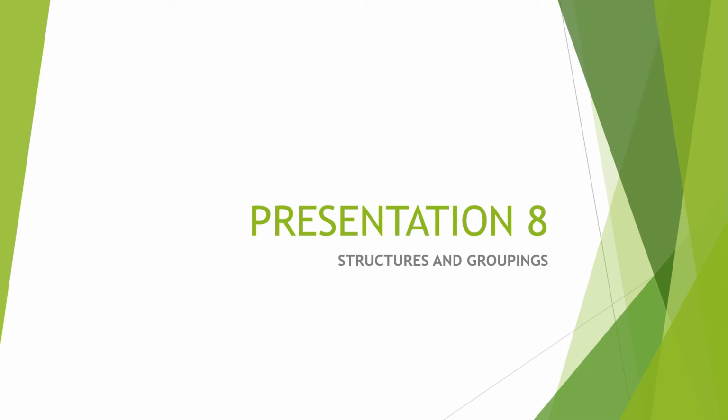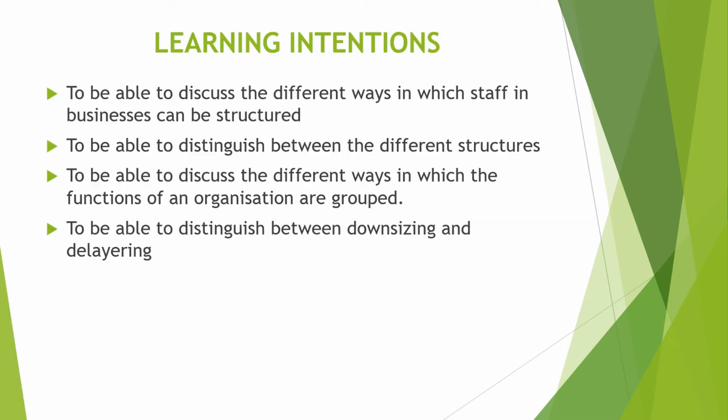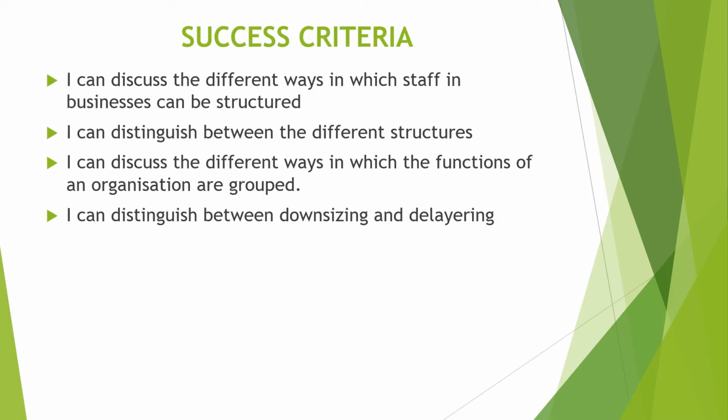In this presentation, we're going to look at structures and groupings. So what we're going to learn are the different ways in which staff and businesses can be structured, distinguish between the different structures that are available, and discuss the different ways in which the functions of an organisation can be grouped, and distinguish between two different concepts, downsizing and delayering, which is something that pupils do tend to get mixed up with. And by the end of this, we'll be able to discuss different ways of structures, distinguish between different structures, and look at the different ways in which organisations can be grouped, and we will be able to distinguish